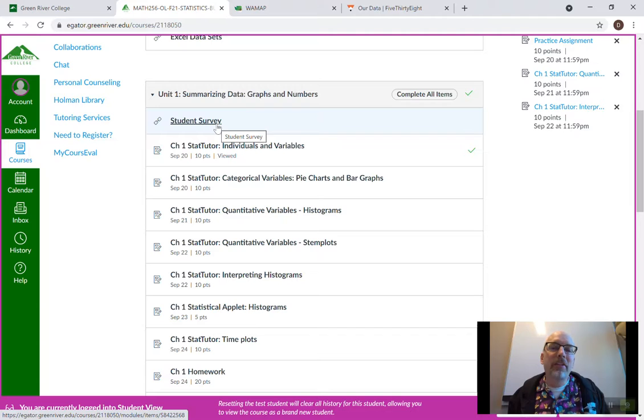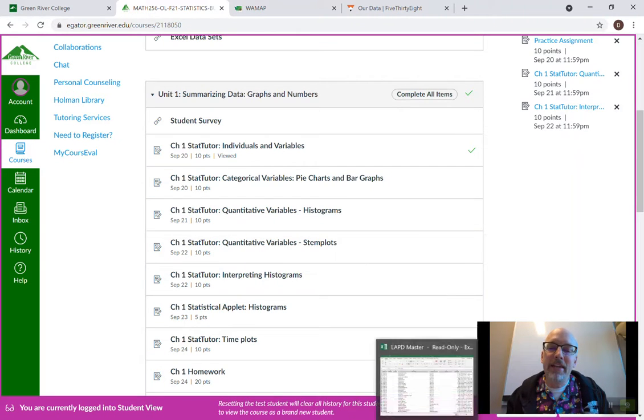Okay, and the other thing I wanted to talk about today, the real content, is the types of data. Now, the textbook lists 2 types of data, categorical and quantitative. And then the quantitative has the two subcategories of continuous and discrete. But there's actually a third type of data, and that is an